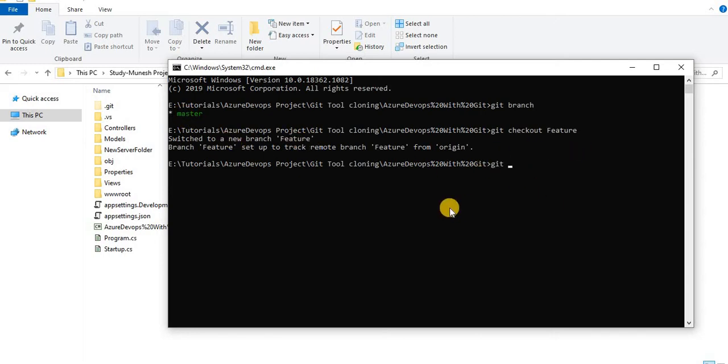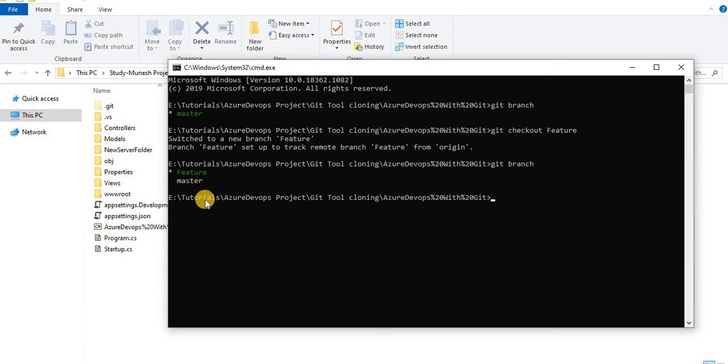For verifying it, we can write git branch again, and when we hit enter, we can see that currently the active branch is the feature branch. So this is the way of switching between branches using the CMD command, or we can say git.